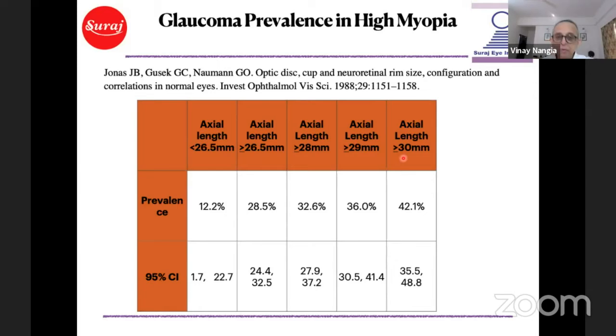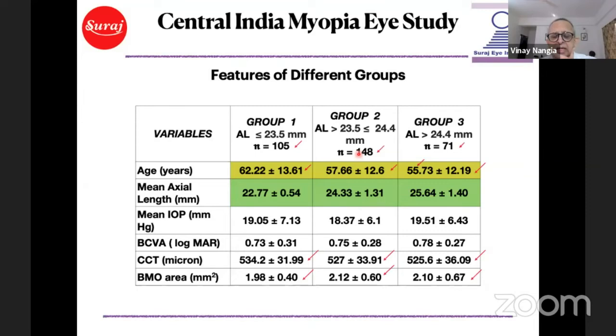So that is the importance of axial length in myopia and its association with glaucoma. We studied almost 200 eyes, and we took axial length in group 1 of less than 23.5 millimeters. That was based on the fact that in the Central India Eye and Medical Study, which was done on almost 10,000 eyes, the mean axial length was about 22.6 millimeters with a standard deviation of 0.9 millimeters. So we considered 1 plus standard deviation as being normal axial length.